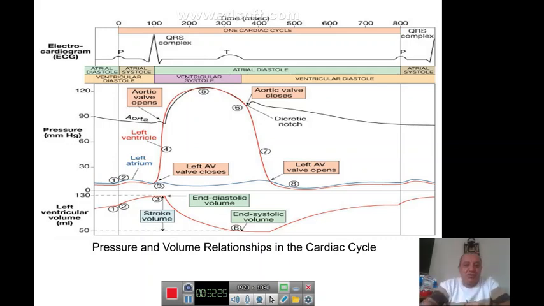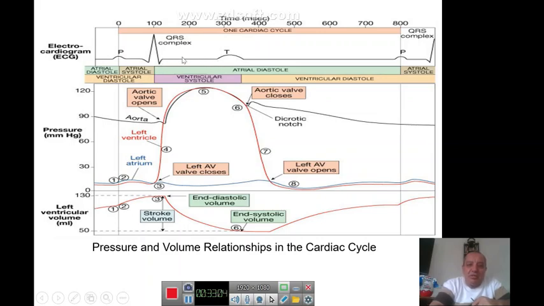Okay, that's good. So what we have in this slide, number one, is the ECG changes during the cardiac cycle. The cardiac cycle means many events occur in one heartbeat. Number one, we have ECG changes: P wave is depolarization in the atria, QRS complex is depolarization in the ventricles, PQ segment is travelling of the impulse from the atria to the ventricles, and we have the ST segment, starting from the end of the S wave and ending at the start of the T wave.